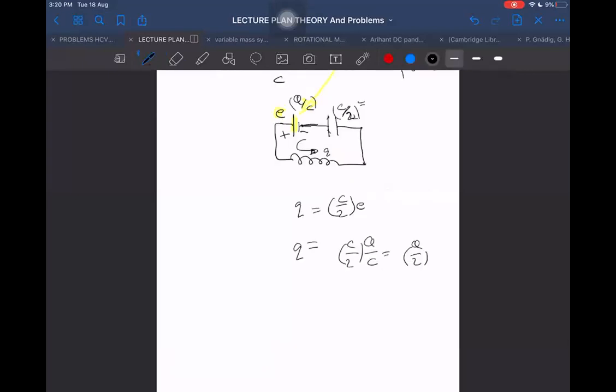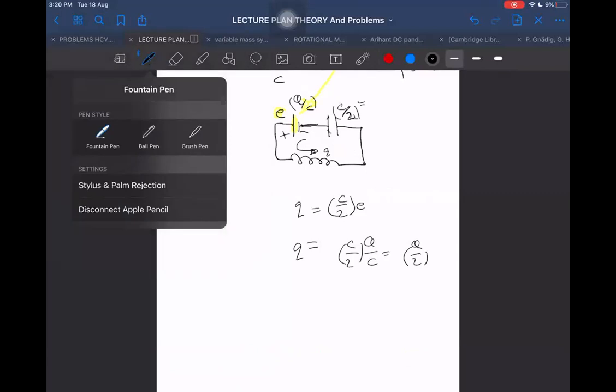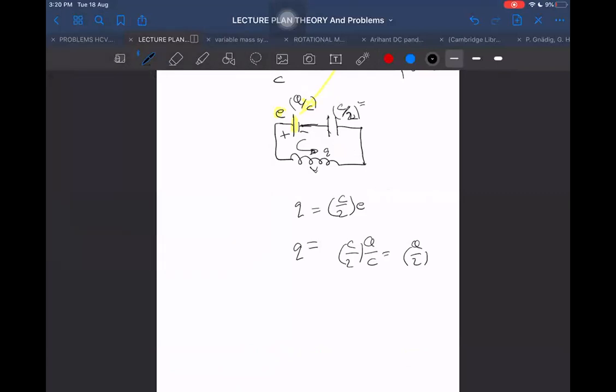But you can ask me, sir, why are you interested in finding that instant of time, or the charge at that instant when the voltage becomes 0 across the inductor? Because I know VL is equal to L into di by dt. Is it that or not? If I know when VL is becoming 0, then I can tell one more thing, that is when current becomes maximum, because di by dt 0 means by maximum-minimum condition either the current will be maximum or minimum. Minimum current we know is 0 only. It is a peak value only, definitely. It is the peak value of the current.